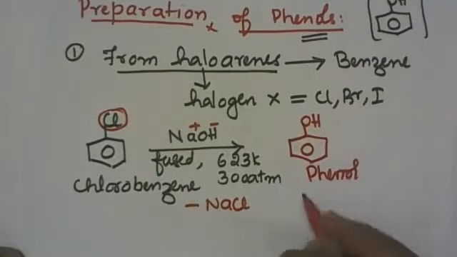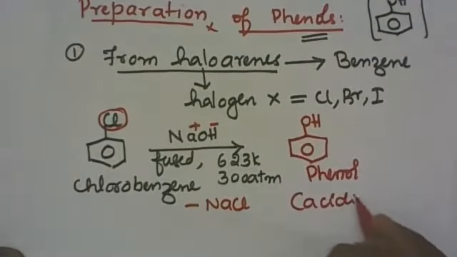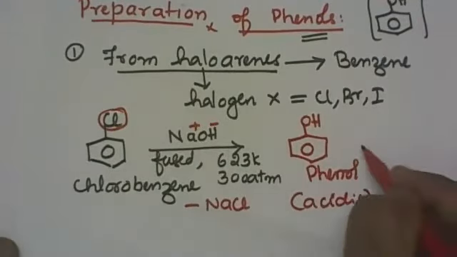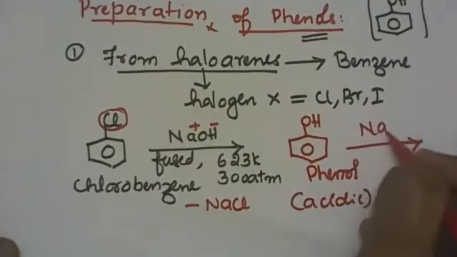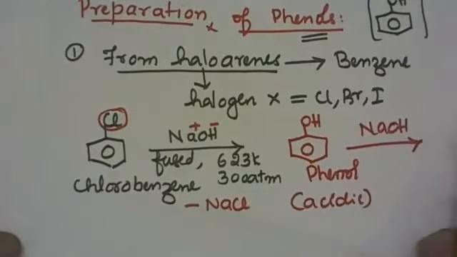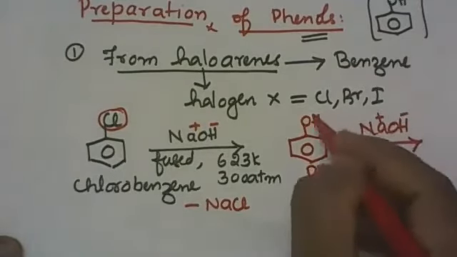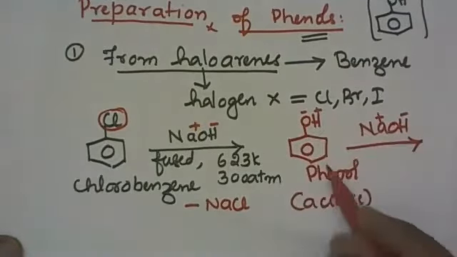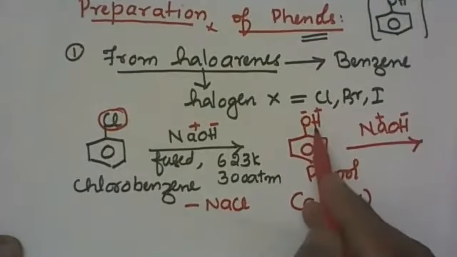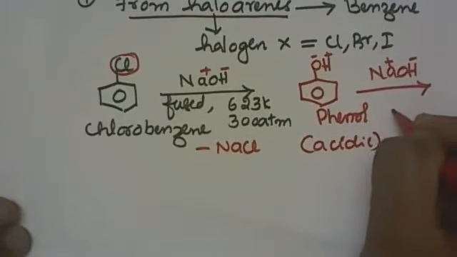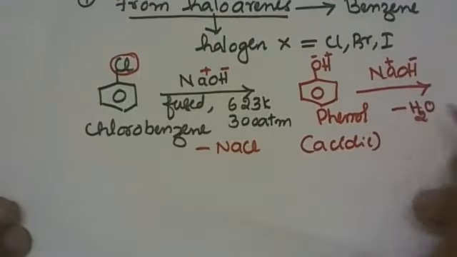We can prepare phenol, but there is a problem. Phenol is acidic in nature, and we have excess sodium hydroxide here. So the acid will react with the sodium hydroxide to give salt and water. Na plus OH minus, and this is O minus H plus. The substance is acidic because it can produce H plus protons, right? So I'll write below the arrow mark minus H2O, water, side product.